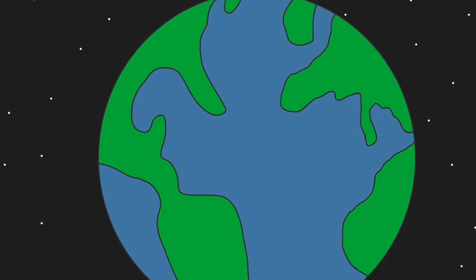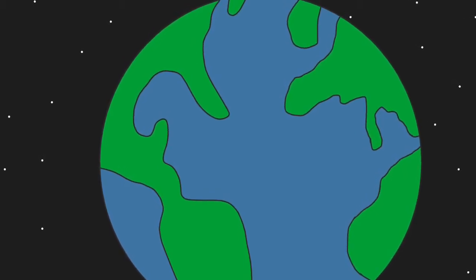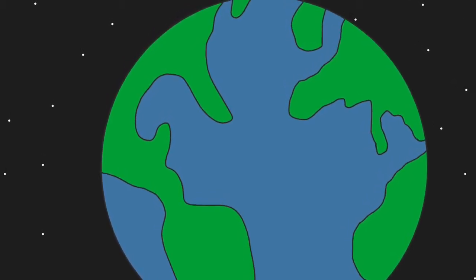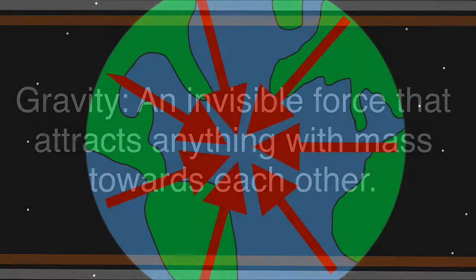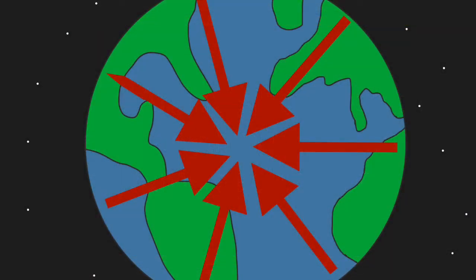Today, we'll be talking about gravity, the force that pulls everyone and everything together. Before we get into the good stuff, we have to have a basic understanding of what gravity is. Gravity is an invisible force that pulls anything with mass towards each other. For example, the Earth has mass, which means it has gravity. In turn, that gravity holds everything in place, which means that we won't fly off the Earth into the vacuum